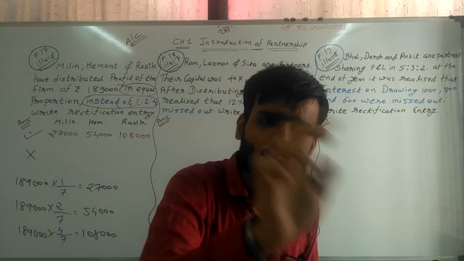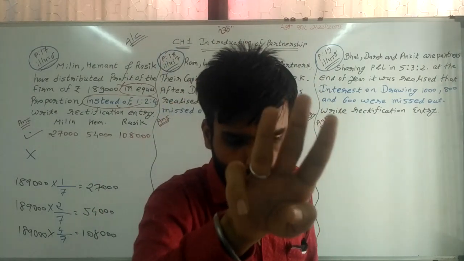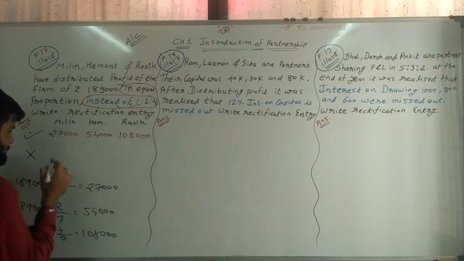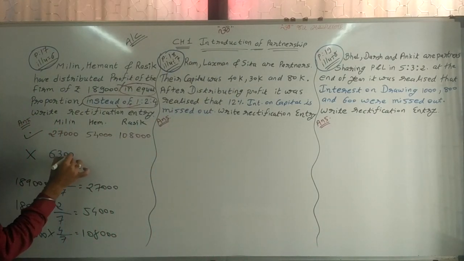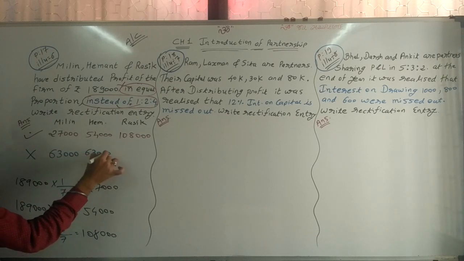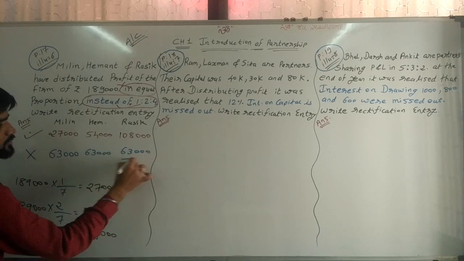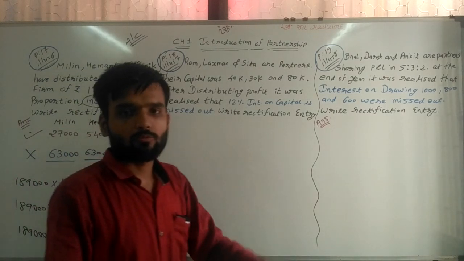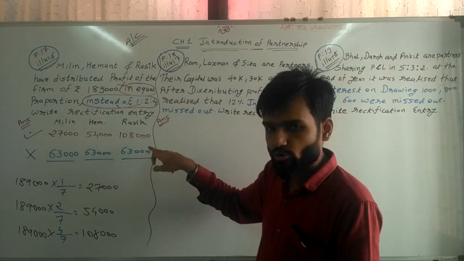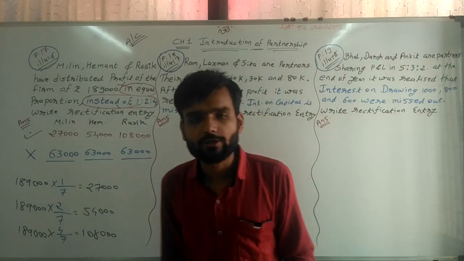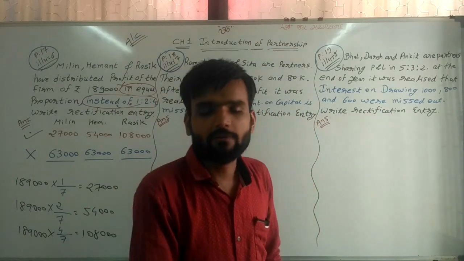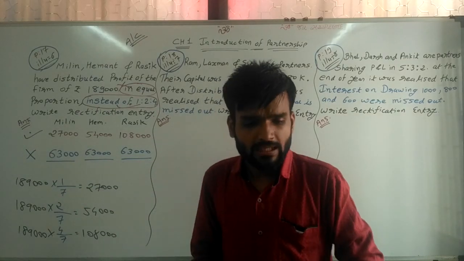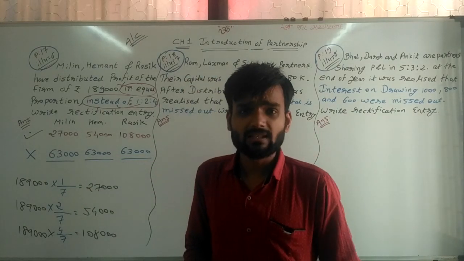In the calculator, write down 1,89,000 divided by 3, because we need to distribute it between the 3 partners, and the answer will be 63,000, 63,000, 63,000. In this way, we are giving it in equal proportion. So first is correct proportion, second is wrong proportion. Now deduct both. From correct we are deducting wrong and we are getting the answers.